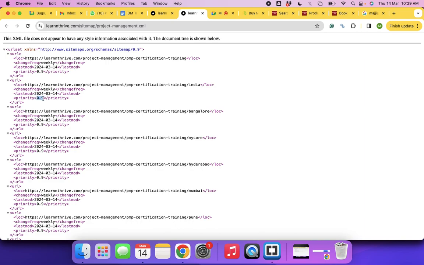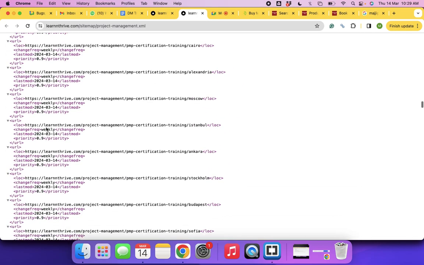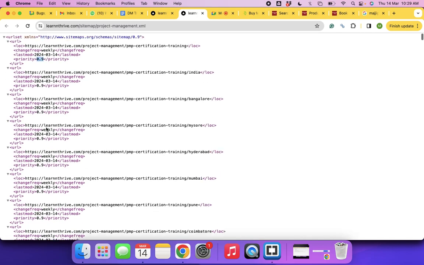It will be in the range of 0.1 to 1.0. When you say 1, you are communicating to the bot that this web page is of very high priority for my business, and crawling the information on this web page is very high priority. If I put 0.7, 0.6, 0.5, 0.1, the priority is coming down. I am indicating to the bot, take it light, it's not that important for me. But we don't have to tell that also, and hence everything is 0.9. Ideally it can be just 1.0, but our developer has put 0.9. Anyways, this is just one of the practices.